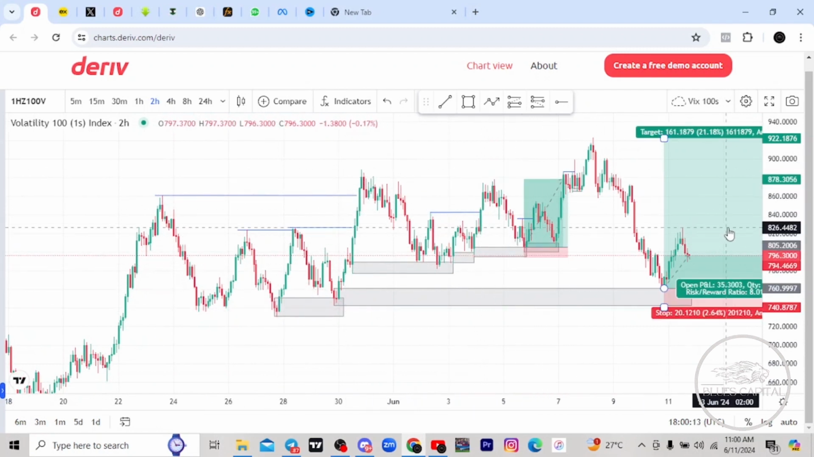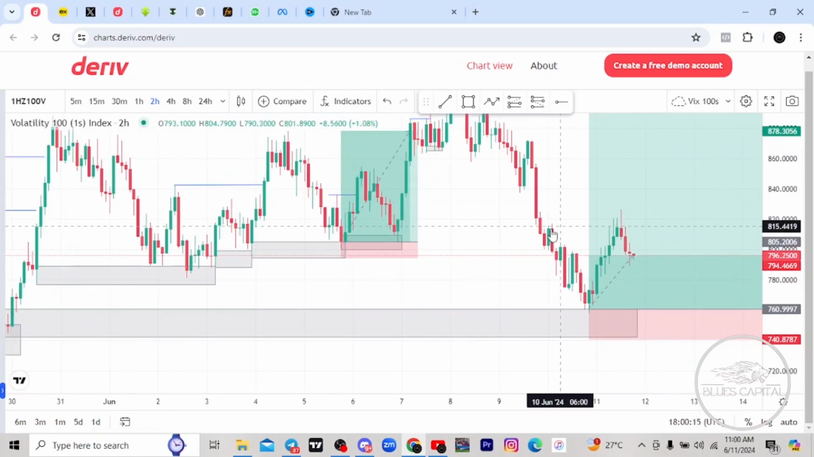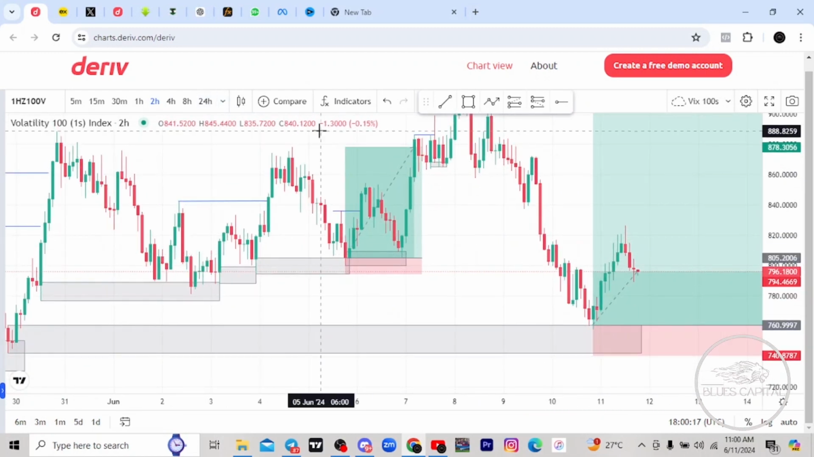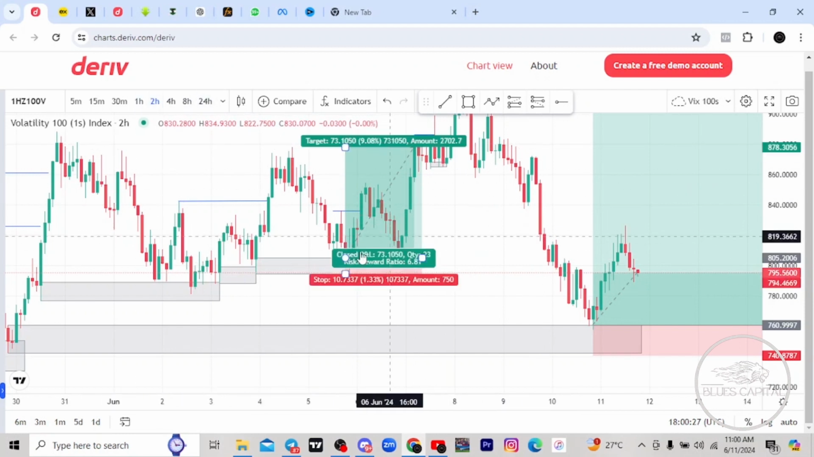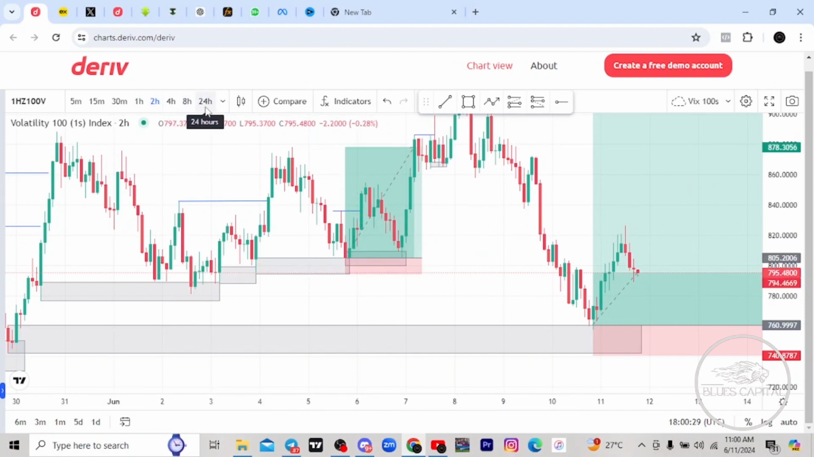So I was showing that the market is bullish inside the 24 hours time frame. This is the internal structure. Remember, we have external structure and internal structure. The internal structure is this one inside, while the external structure is the 24 hours, which was a downtrend, but currently the market is